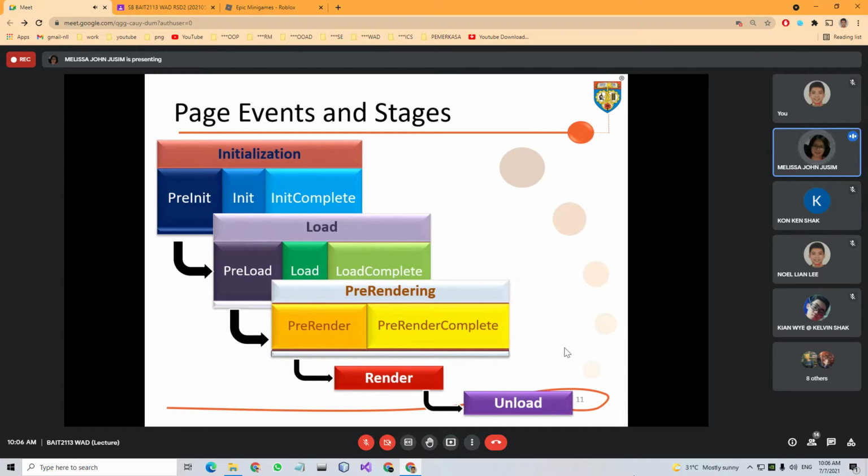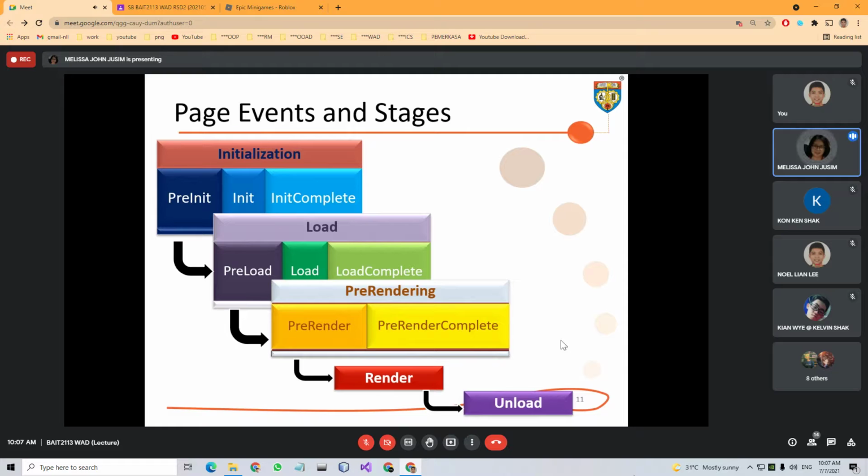Or perhaps if you are connected to a database, during unload we release the database object. So this is an example of the page events. There are 4 stages: initialization or init, load, pre-rendering, and render, where we see the output, then unload, perhaps when the user clicks close and closes the web page. Any critical resource, for example files and database connections, will be released.